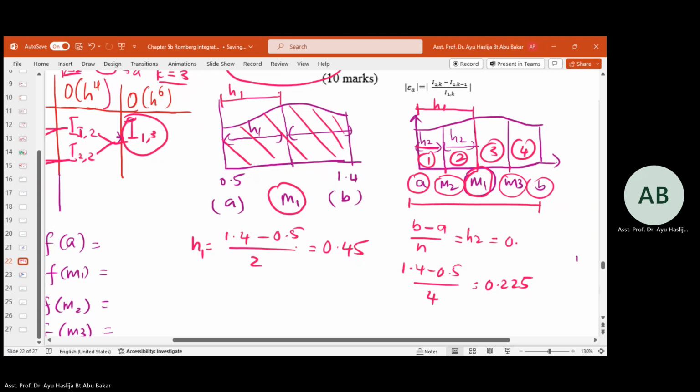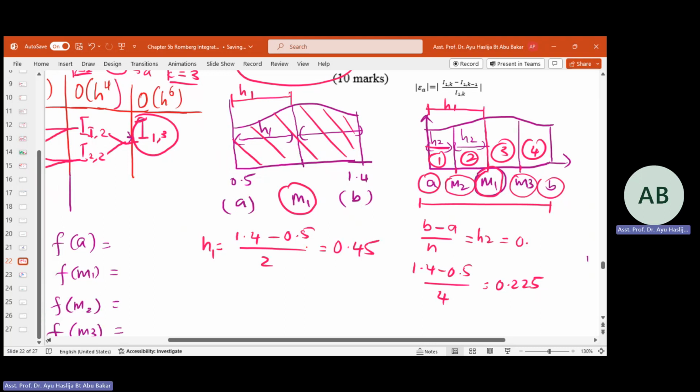Okay? Let me know which part you confused so that I can explain. Okay, Alif. Why we divide by 4? Because we have 4 segments. Why 4 segments? Because just now we need to find